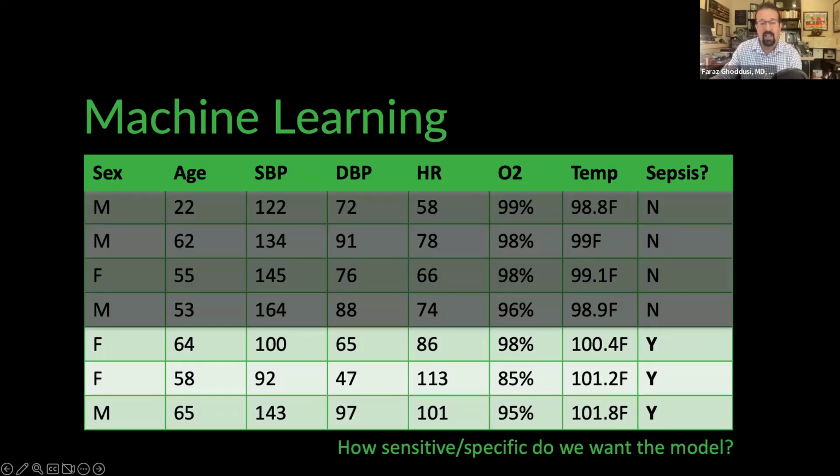have sepsis. And the question that we as physicians or clinicians, or really most places that you end up working if you talk to the informatics group or talk to leadership, is how sensitive and specific do we want the model? Because this isn't necessarily something that computer scientists can do. So it's very important that we as clinicians understand what our role is in general when we're starting to talk about machine learning and how they end up making these models. So as a physician, it's important that we create that cutoff where we say yes or no. So that sensitivity or recall versus specificity, or in computer science is called selectivity, and really looking at that sort of receiver operating characteristic.